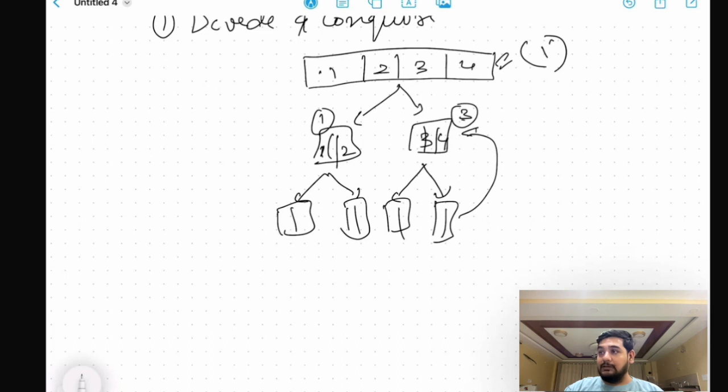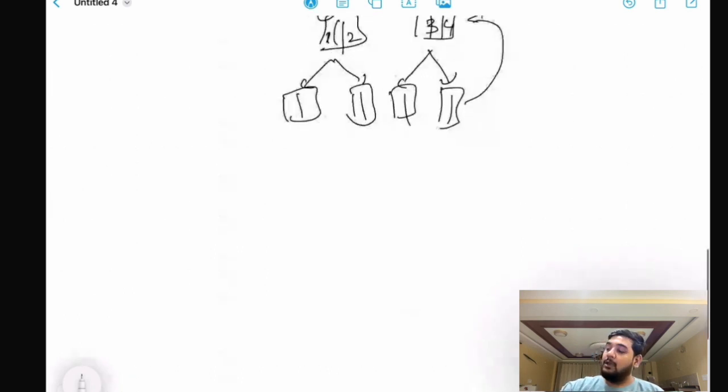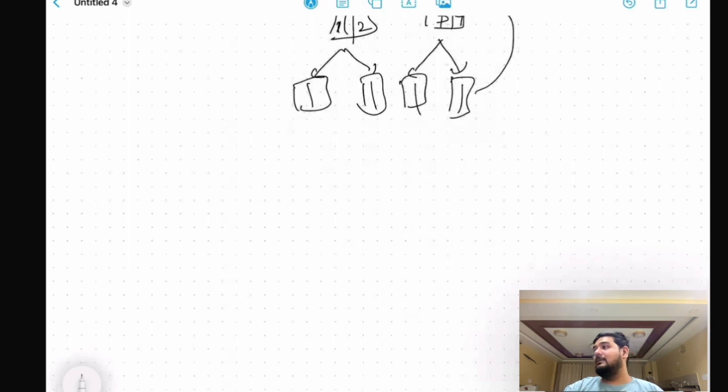Last semester you would have read about divide and conquer, or this semester you are learning about it. Just read it very carefully, because this is the base of your next subject. The entire next 3 or 4 credit subject will be based on this particular divide and conquer. Okay, so this is a basic understanding of what the divide and conquer algorithms are.